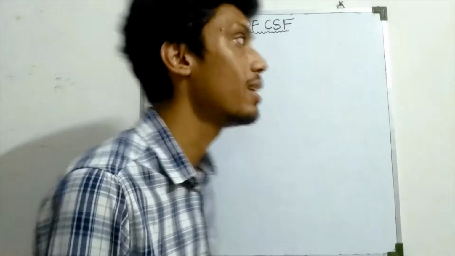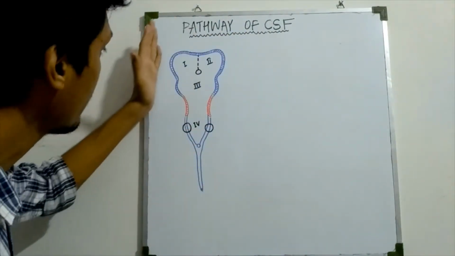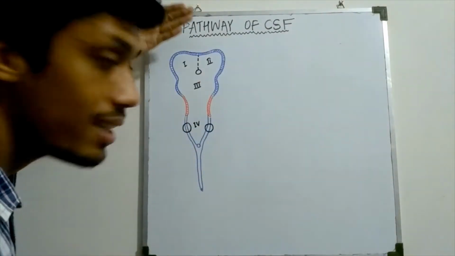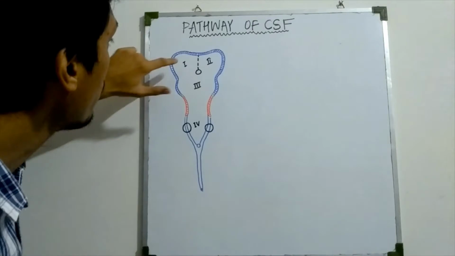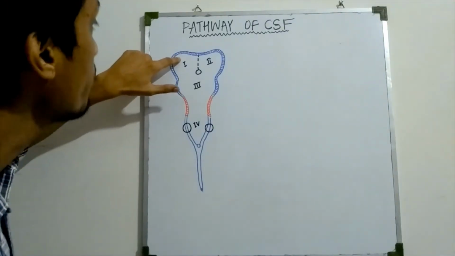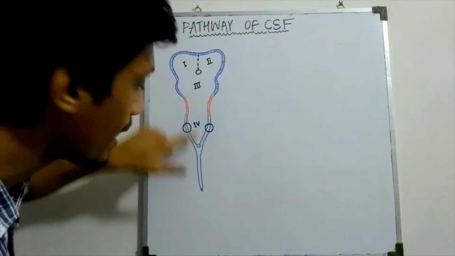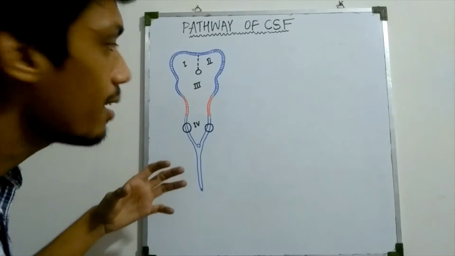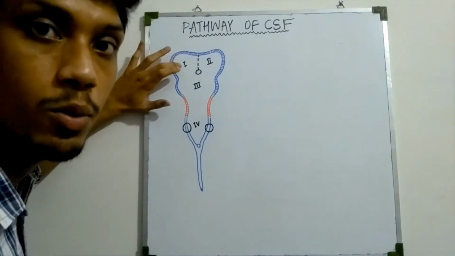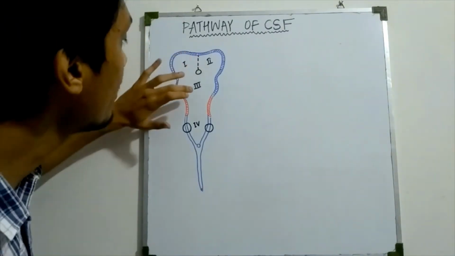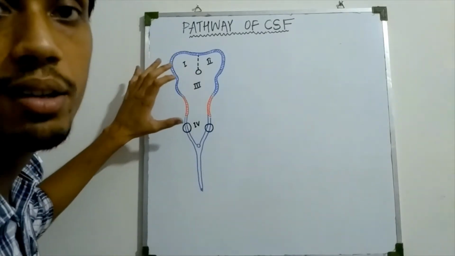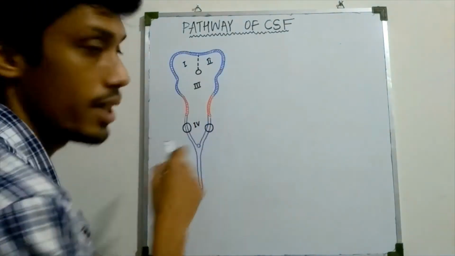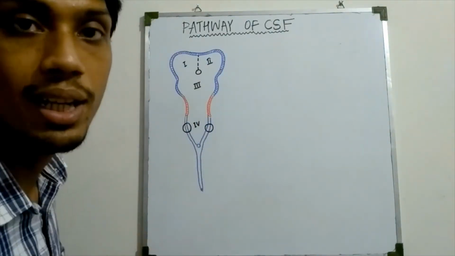So quickly we'll start off. This is the structure of the brain and spinal cord presented in a 2D form so that you can understand how CSF starts from here and runs to the entire column of spinal cord. We'll start with the Roman numeral 1. These Roman numerals are the ventricles of the brain. There are 4 ventricles of the brain and they are named accordingly. So first we'll name the ventricles.